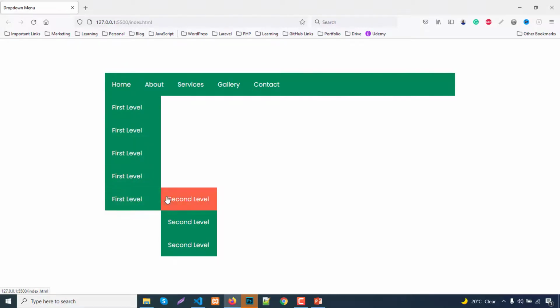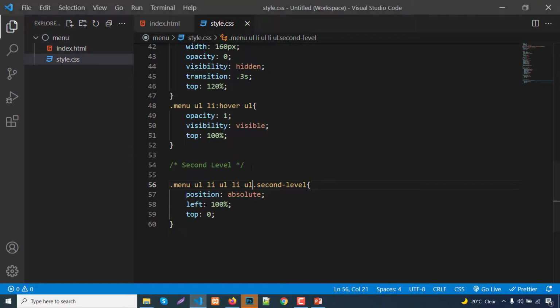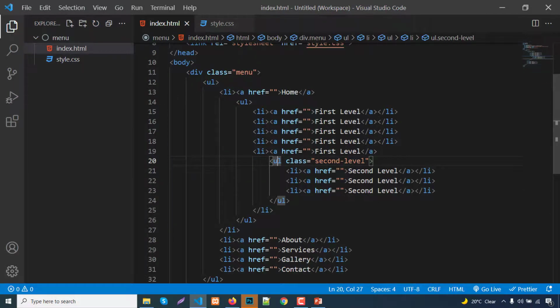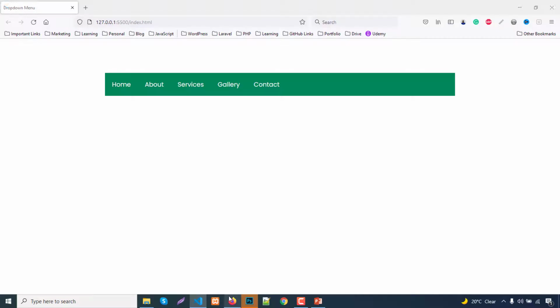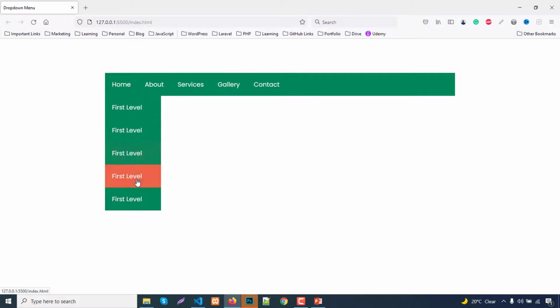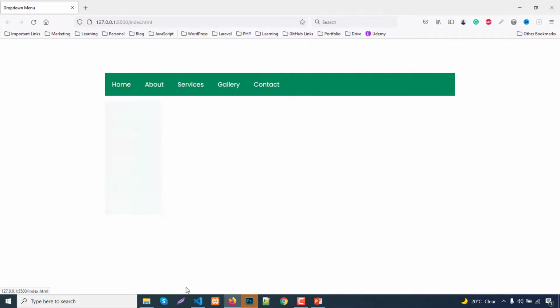It's perfectly fine because we added the second level menu at the bottom. As before, by default it doesn't need to show, so it will be hidden. It will show when the user moves the cursor on the first level. If there is another level, it will show.